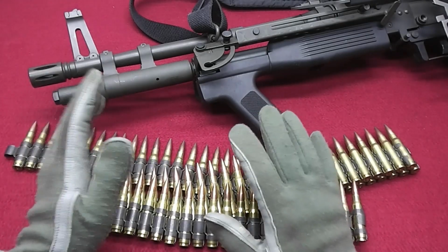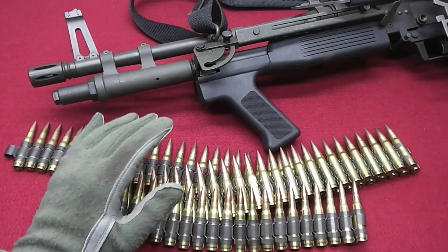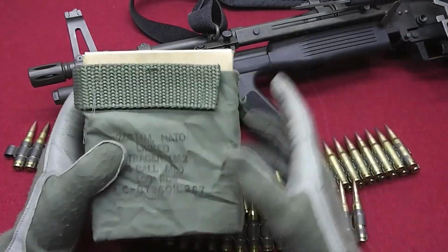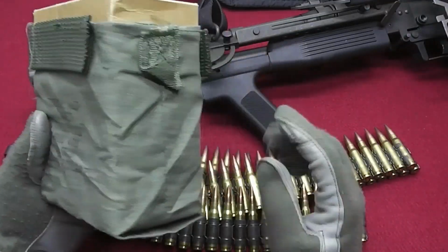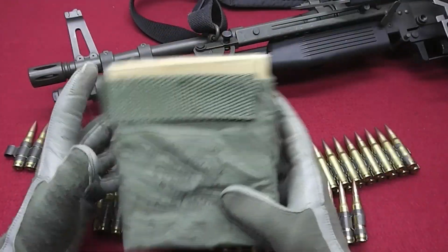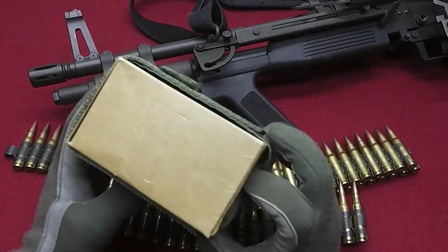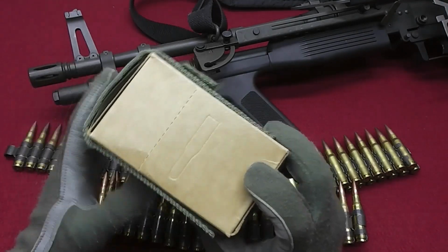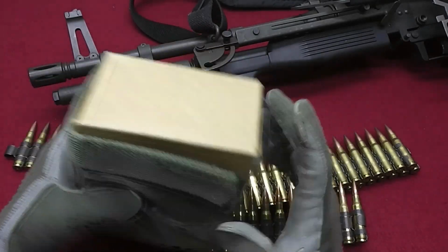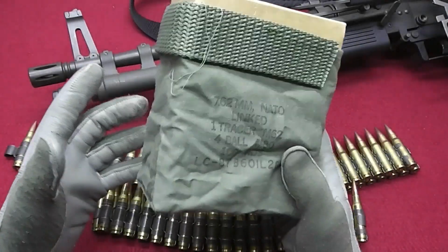So we're talking about the 60s, the 70s, and the early 80s, and one way to carry was in such bandoliers. I've cut off this strap here. I will explain the reason in a bit. And yeah, you had these cardboard boxes filled up with 100 rounds linked ammo, and you would carry it